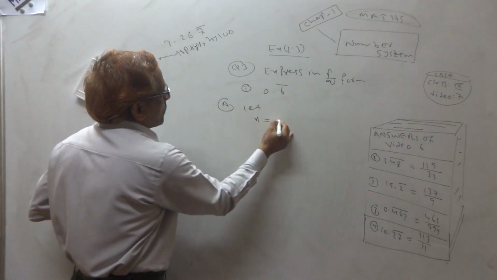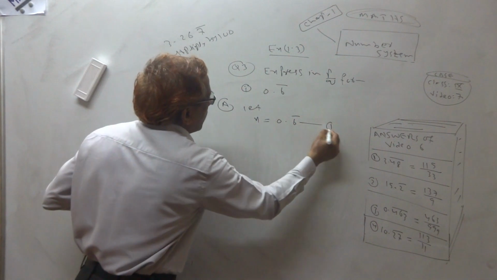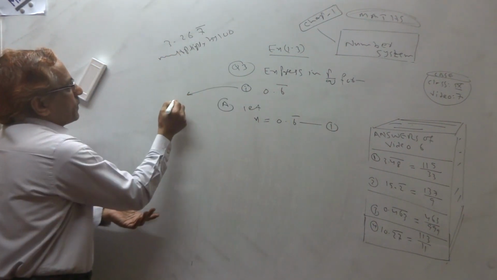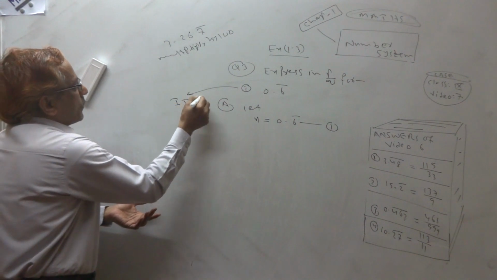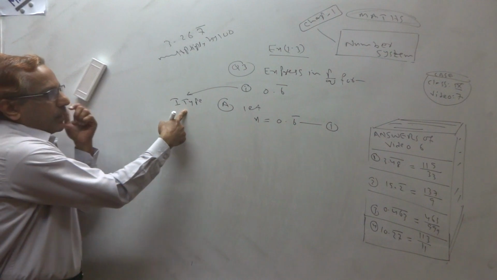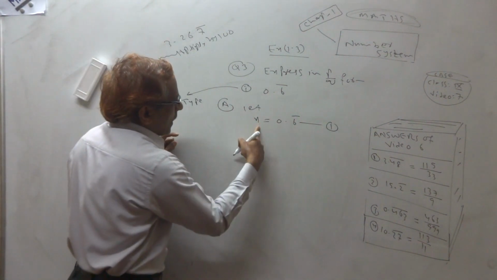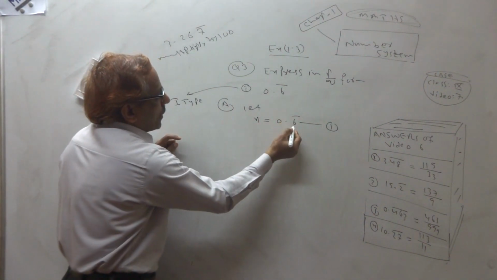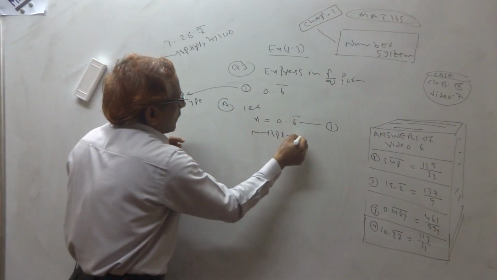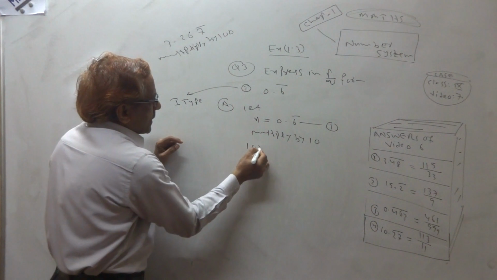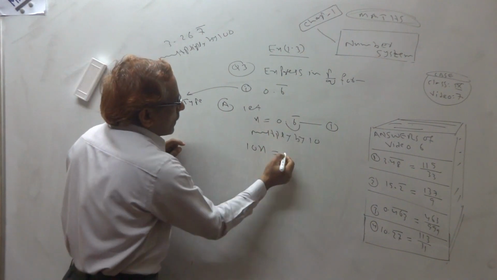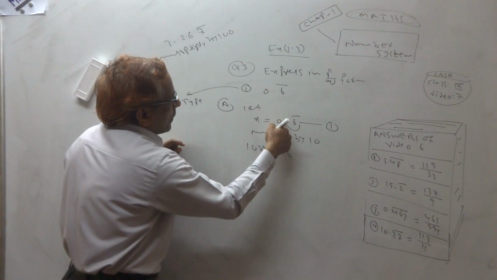First, suppose it is x. Number 1. Which type is this? First type. You should decide. Why? Because full bar is first type. So first suppose it is x. Under the bar, how many numbers? 1 number. So multiply by 10. 10x. 10 into this, what happens? This decimal will move here.